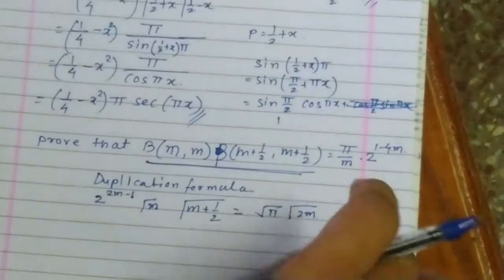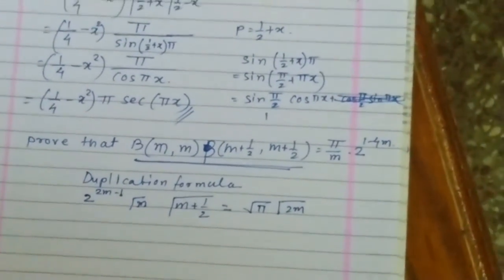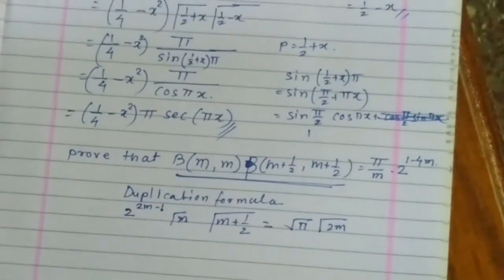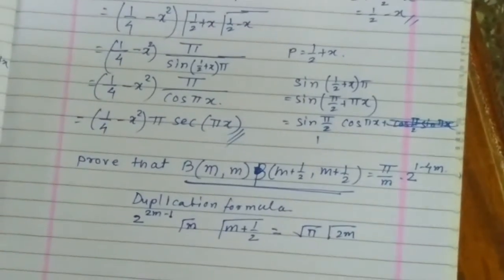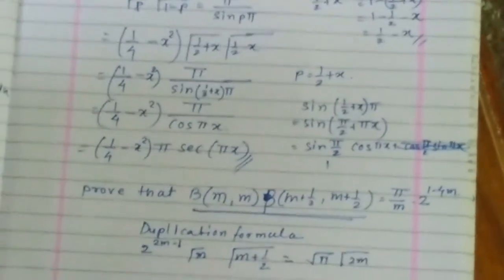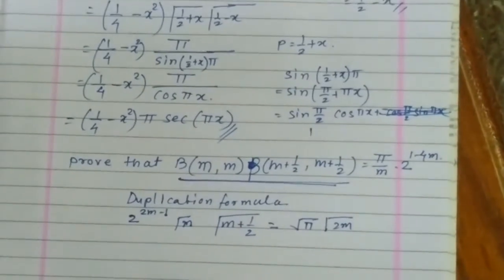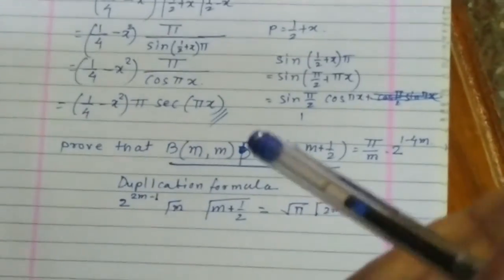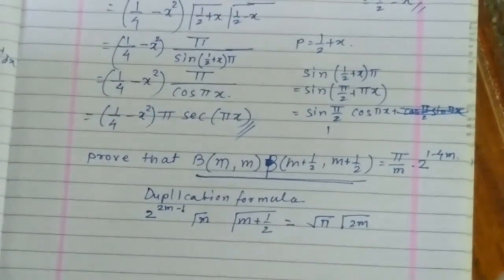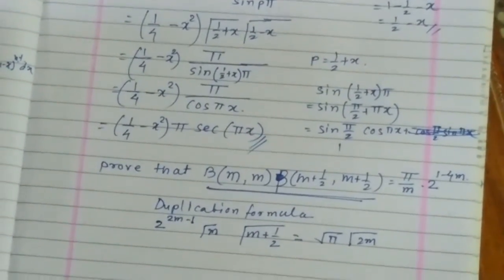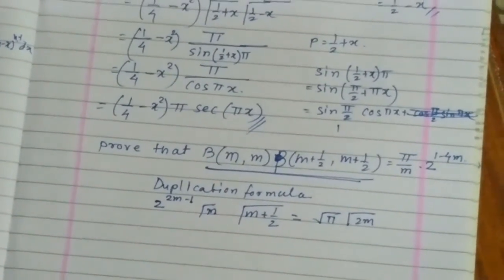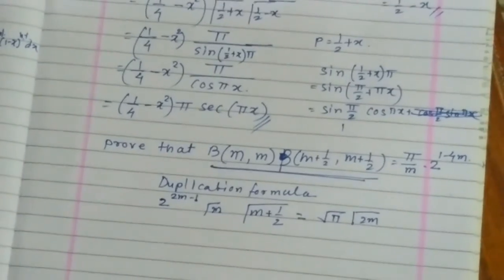Okay. Well, friends, I have discussed a few examples based on beta functions of different varieties, different substitution-based problems, and some miscellaneous examples which were expected in the university examination. So I hope you were able to understand in the easiest way, and practice makes a man perfect. So with this, I suggest you do the practice based on the beta function chapter and try to achieve full marks from here. Thank you.